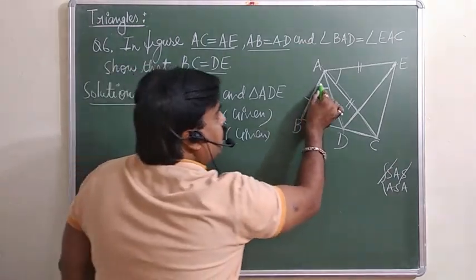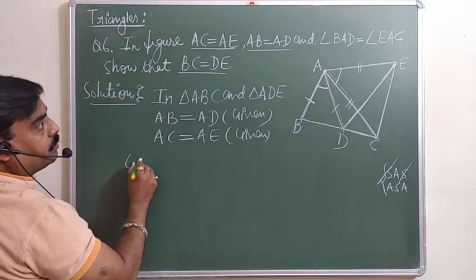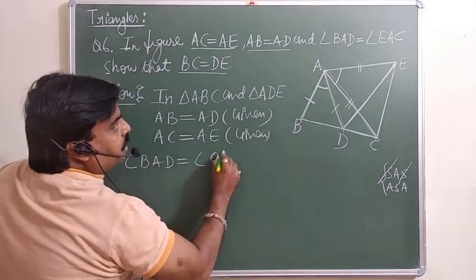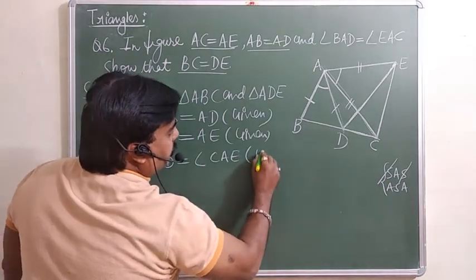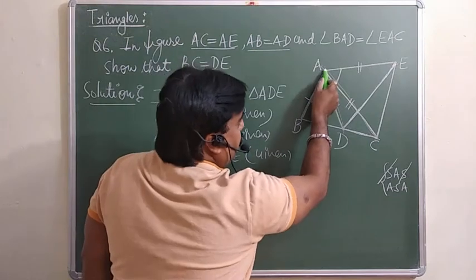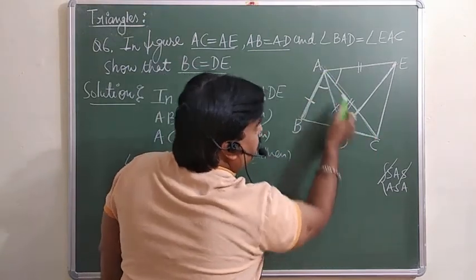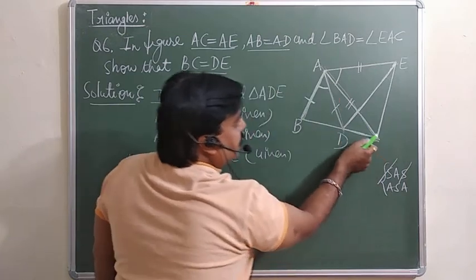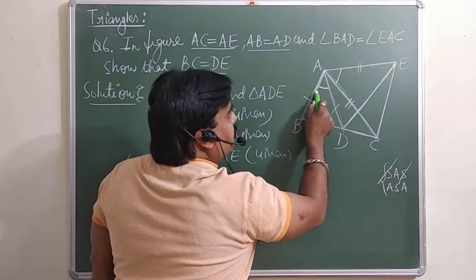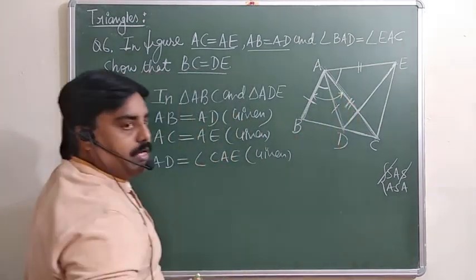See now, this is already given. Angle this is equal to this one is already given. This is the information given. Angle BAD is equal to angle CAE. This is given. But look carefully. In this triangle ABC, this is the side and this is the side we are taking. In triangle ABC, which sides did we take? This and this. So the angle in between, this angle, must be equal to